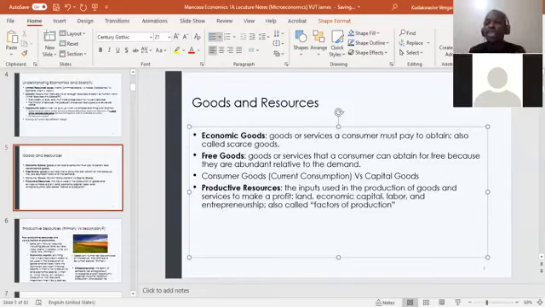So this is your what? Your y-axis, the horizontal line, and this is your what? Your x-axis, the vertical line. Then any graph with the x-axis and the y-axis, we assume that there is a 0 here where the two are going to meet. Okay, so on your axis, you're now going to put the two goods that you have